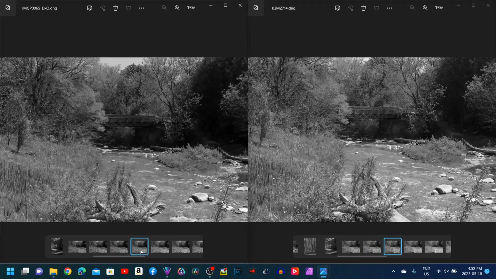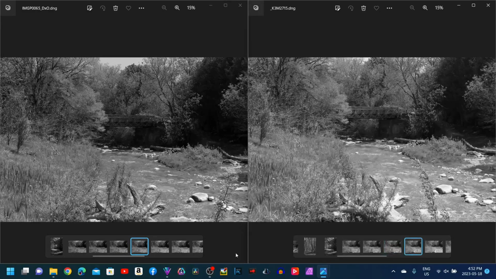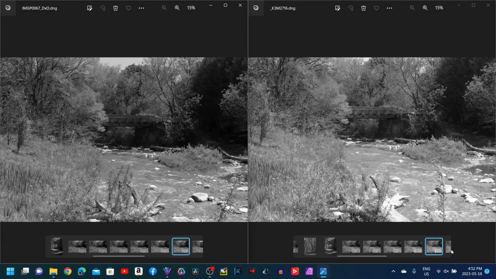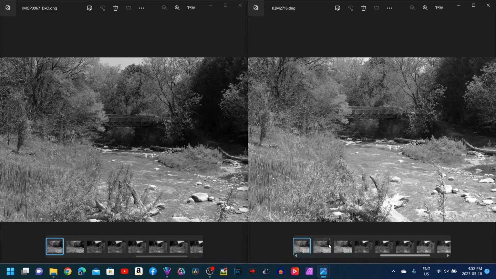Just the sensitivity on a color sensored Bayer camera is not the same as a dedicated monochrome camera. It's much, much brighter, and to me more contrasty, I guess, if that's even a word. But yeah, there is a pretty large difference if you are specifically looking to shoot monochrome